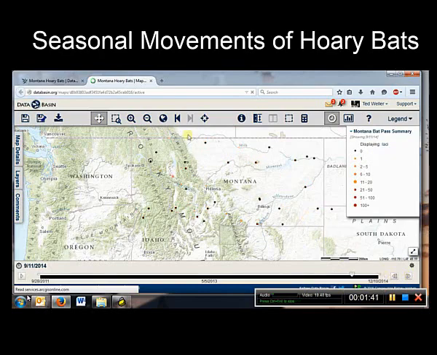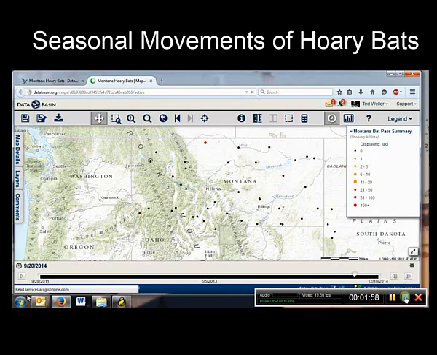And then finally, we're going to go into September. In September, we see many fewer detections of hoary bats, but where we do see them, we're not seeing any indication of high levels of activity on the eastern half of the state. They're mainly focused in the west. So this tool is really allowing us to develop some hypotheses about how bats might move, in this case in the state of Montana. So perhaps they're moving in from the southeast in the spring, but leaving directly south or something in the fall.